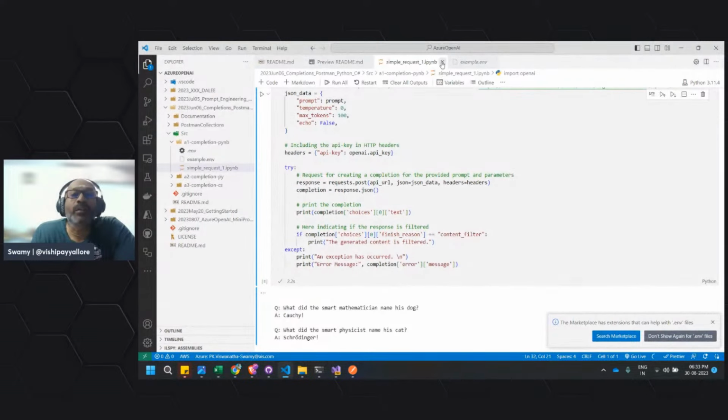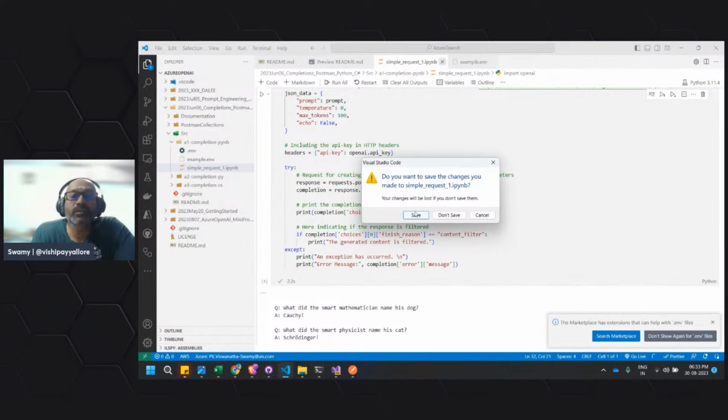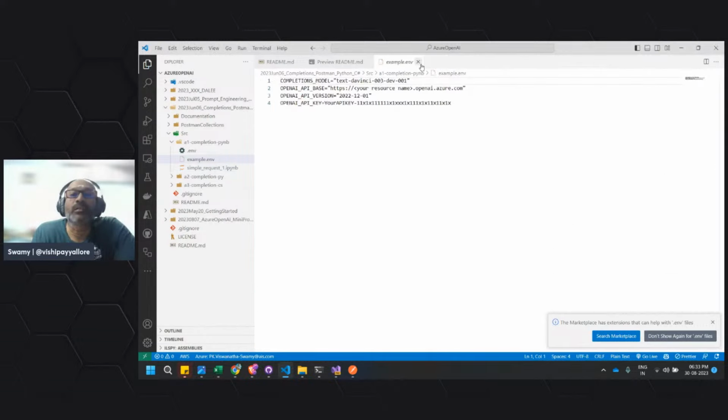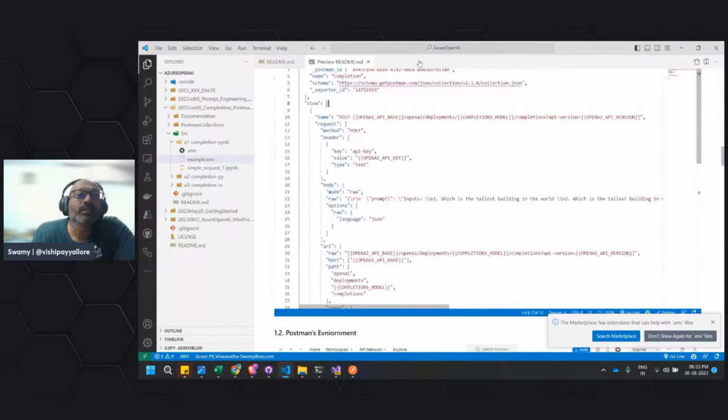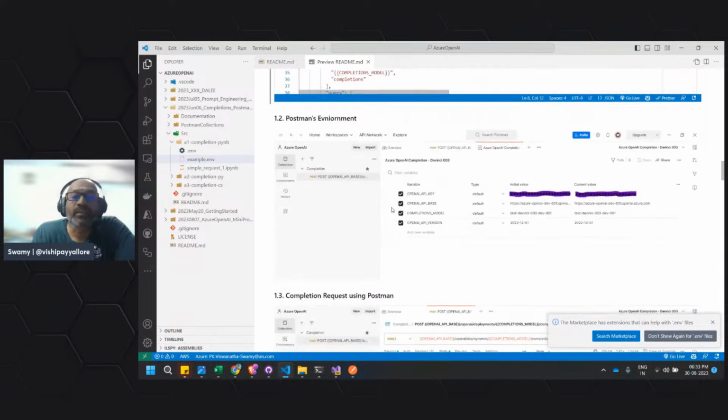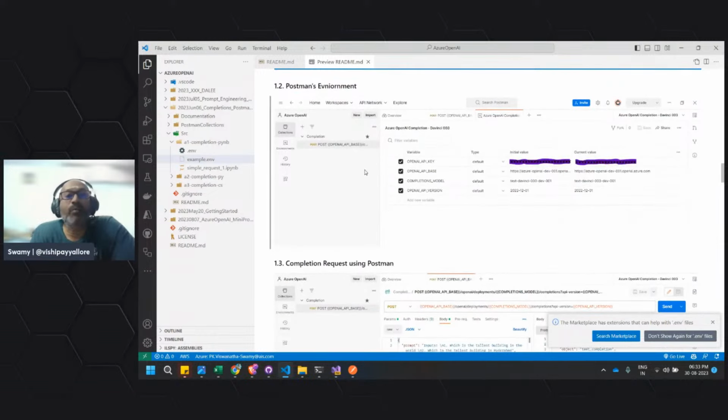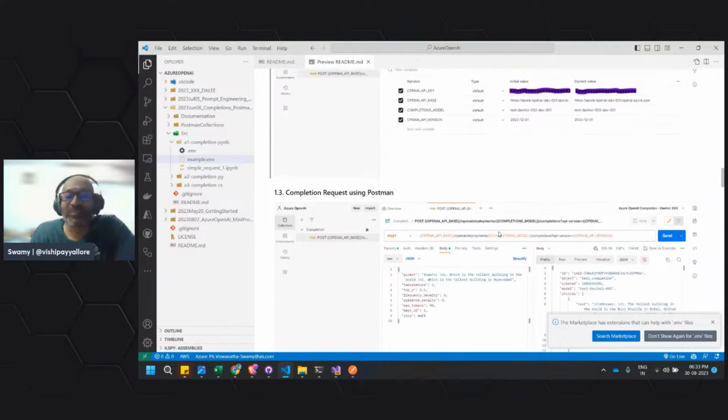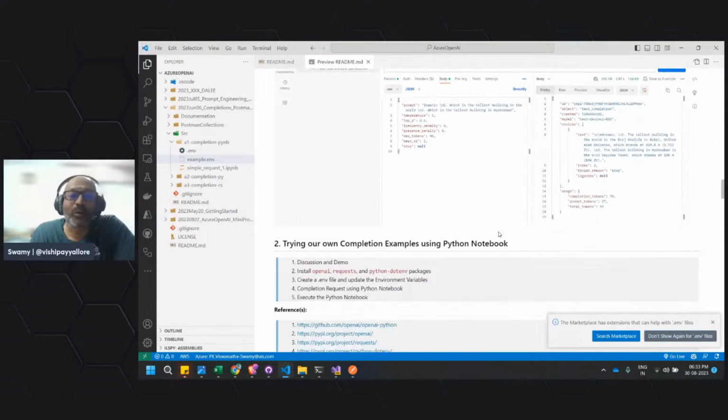Now let me close this, and let me close this. And we have seen that. This is how the environment will look. I just masked this open API key. I will delete it because unknowingly I've exposed my open API key thrice while showing the previous demo. So I'll delete this model and deploy a new model.